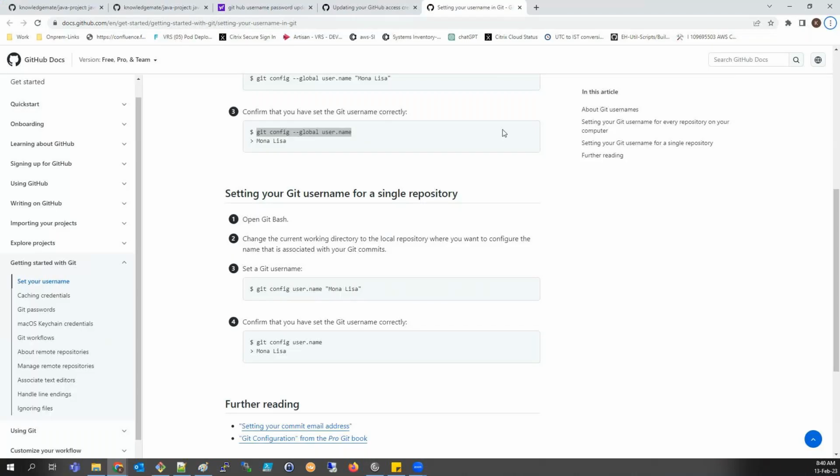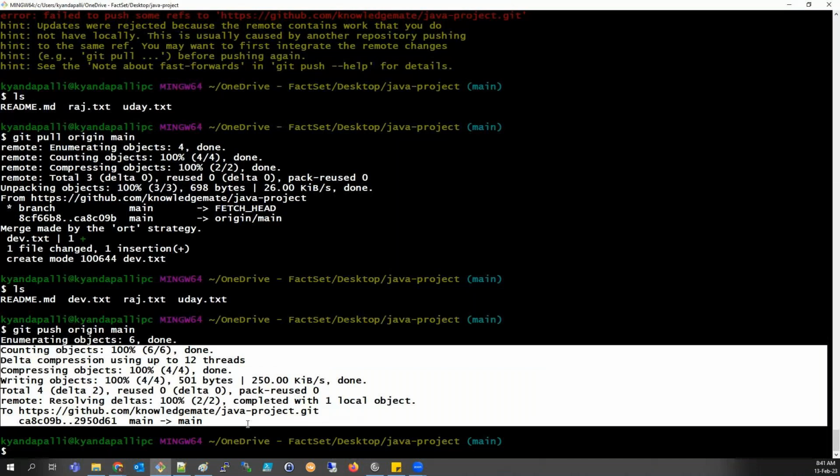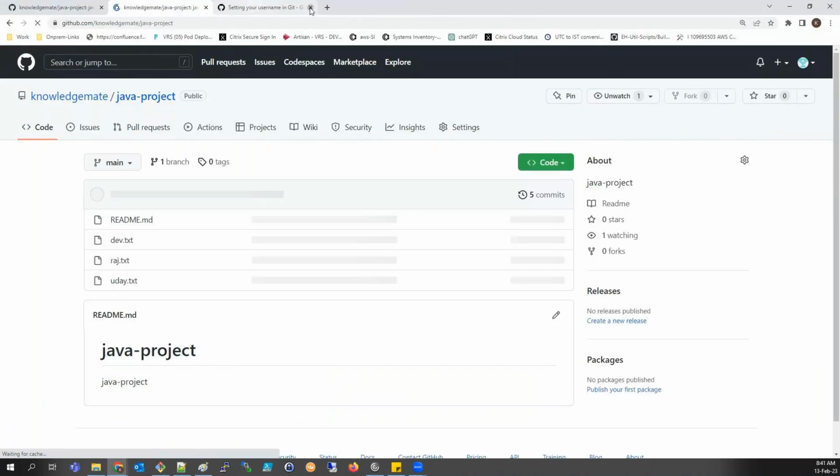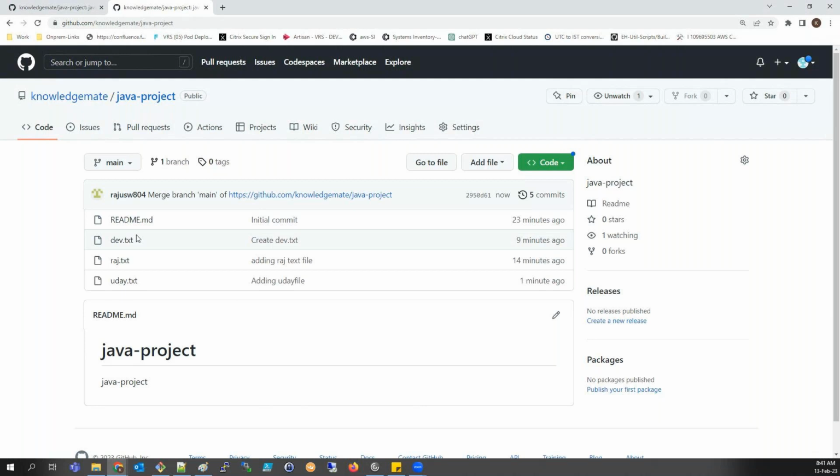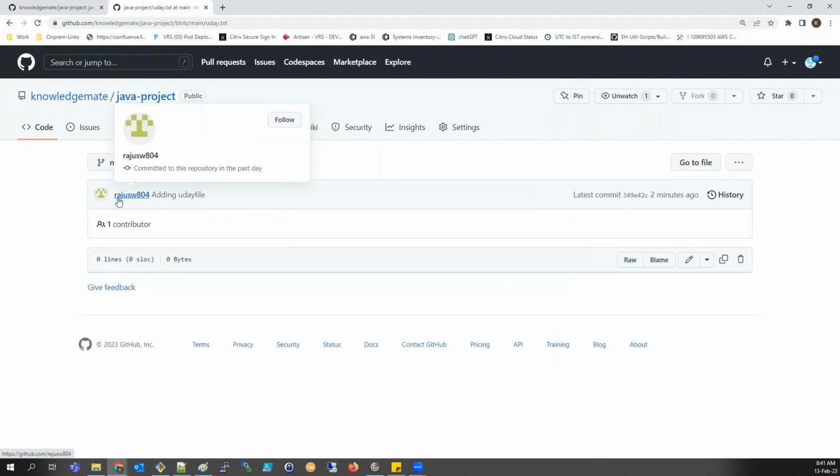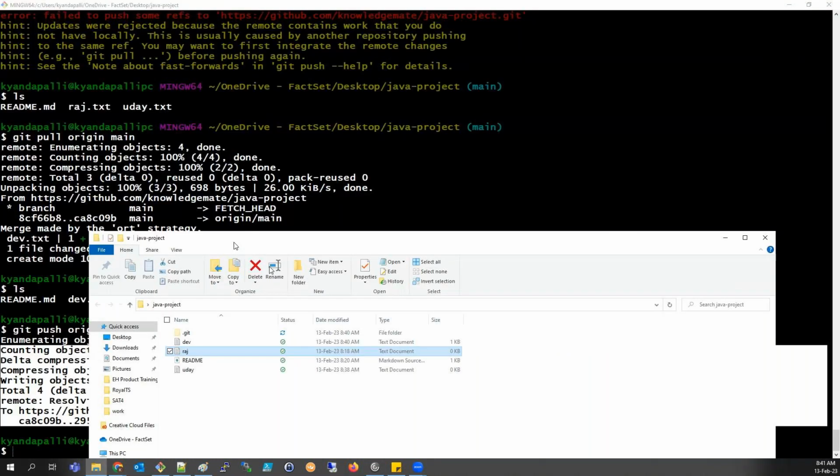Now if you verify here, just refresh. Right, you can see Raju SW804 is uploaded. This uday.txt file, you can see I added this. So you can see the username as well. But where is that main configuration file? You can go to your user folder, where it is located. Under users,